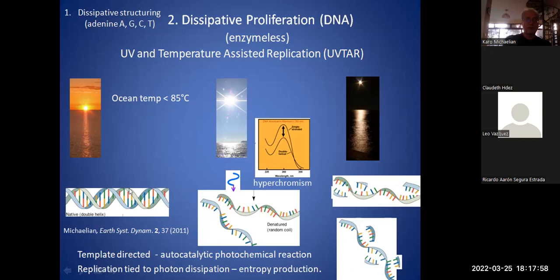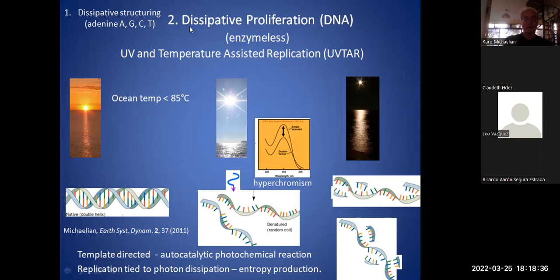So this gives us the dissipative structuring of all of the molecules inside the DNA structure. Of course, these bases, nucleobases, are connected with sugar groups, ribose, and also with phosphate groups to make the backbone. I won't go into that, but you can find that in my book. I give a description of how that is also done under ultraviolet light, and they have, in fact, verified with experiments that it occurs. Okay, so this was the first component of the thermodynamic dissipation theory of the origin of life, dissipative structuring.